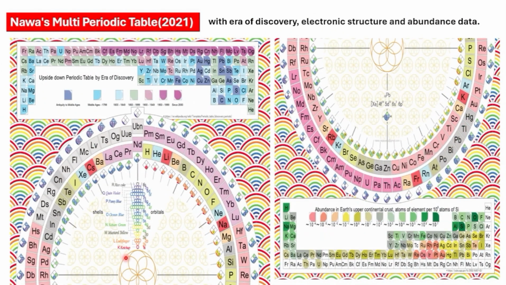Next one is NAWA's multi-periodic table that came in 2021. This is actually a complete circle. I tried to show it in two parts so that it is properly visible to you, but if you go and see his website, you can see it is a complete circle. And this arrangement is also kind of a clock. So you start from here: hydrogen, helium, lithium, beryllium, boron, carbon, and you go all the way to this one,